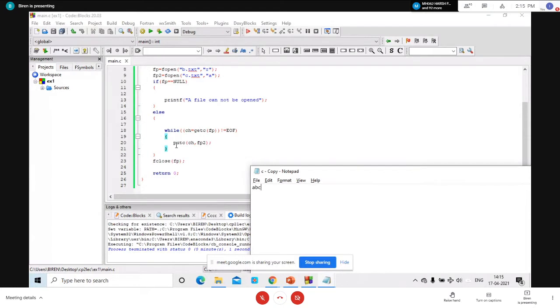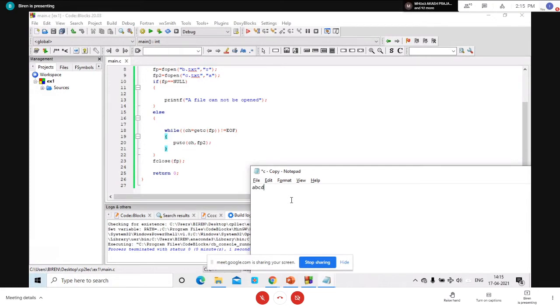Now putc(ch, fp2). What is the value of ch? d. You are going to write one character, d. Now your cursor is here, so the compiler is going to write d. Now if you see, after writing d, your cursor would be in the next position. Right or wrong? So that's why we are not using any increment operator. By default, your cursor would be in the next position.